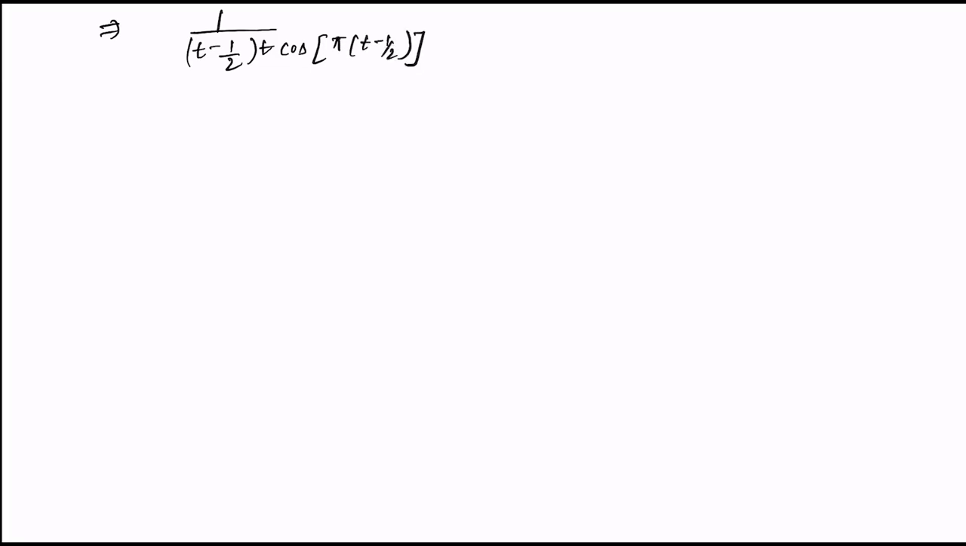Now this can be further written as 1 upon t minus half times sine of pi t. Cos of pi t minus pi by 2 is nothing but sine of pi t, because it is cos of 90 minus theta kind of thing, so it is equal to sine of pi t. Now we can also rearrange and write it as 1 upon t upon 2t minus 1,